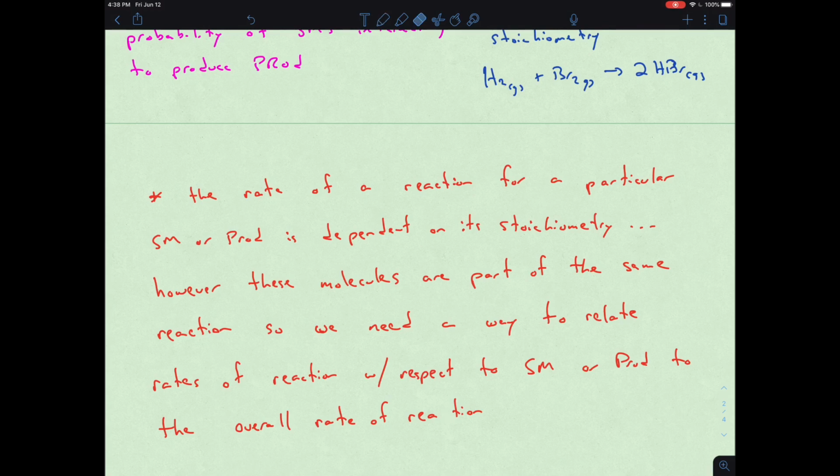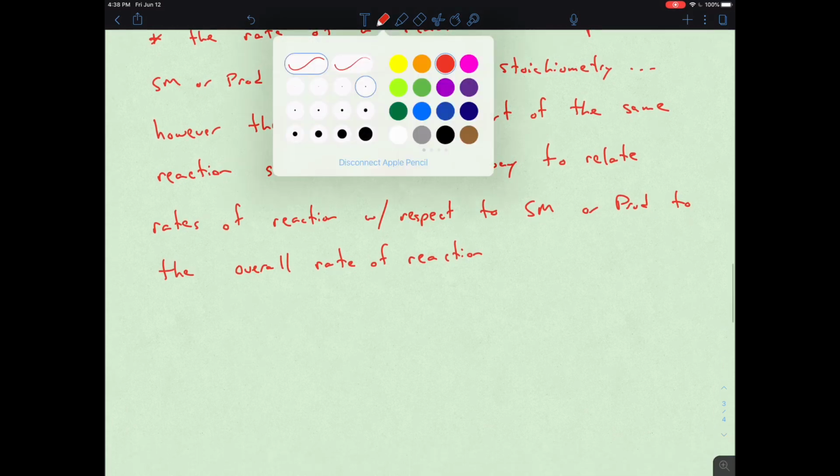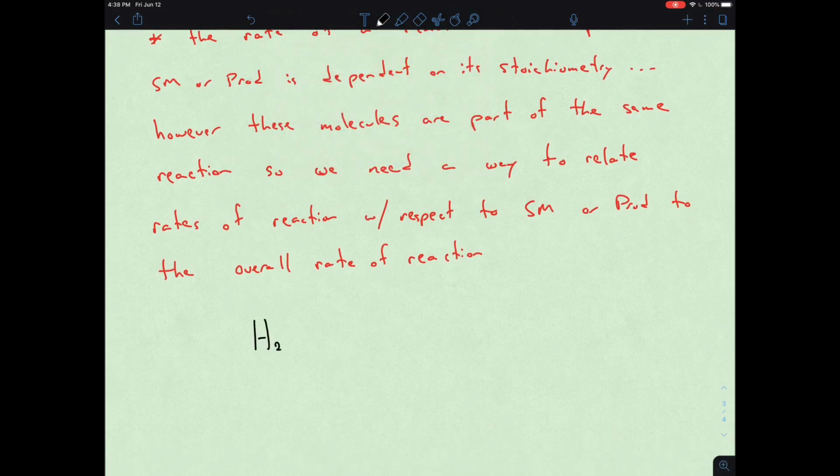So we need to bring some stoichiometry into the mix. So if we consider our reaction that we were talking about,